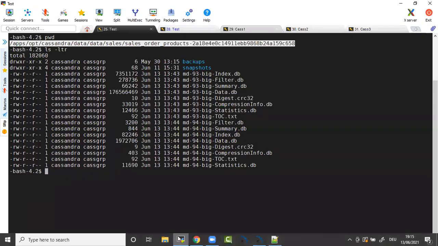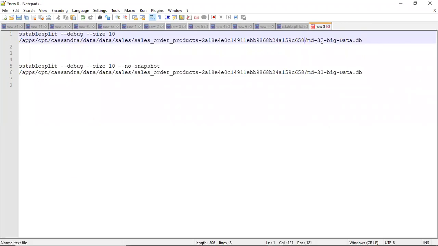Okay, and what is our size? It is 93. Here I'm telling debug to give you the traces when you're running it, and for size you have to pass only a number. You're not supposed to pass any units like MB or GB. You just need to pass the number, and it will be in megabytes. Now let's split them into 50, or let's say 60 MB. Okay, let's go with 50 MB.